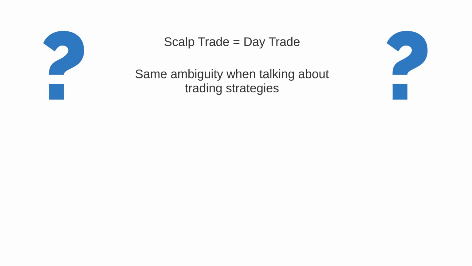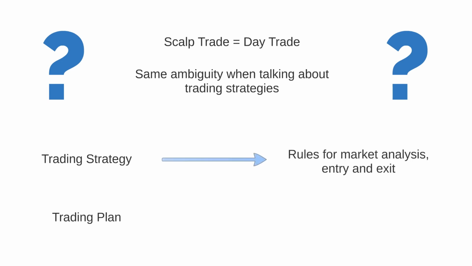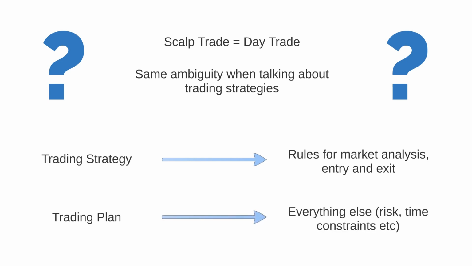Some people's definition of it will be an all-encompassing approach that considers everything down to the tax implications of any profits made, whereas I like to split my trading approach as a whole into two parts. I have a trading strategy and a trading plan. I like to think of my trading strategy as the framework of guidelines and rules that enables me to analyse the market and identify trade setups and their relevant targets and stop loss levels. Anything outside of these details, such as risk parameters, any time constraints, how I plan to grow my account, etc., are covered in what I refer to as a trading plan. In this video, we will look at a trading strategy in detail and discuss what it aims to do and